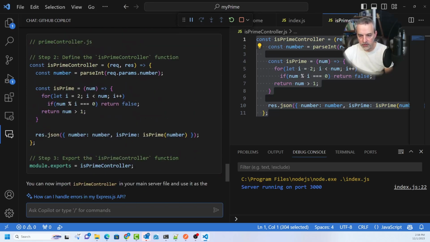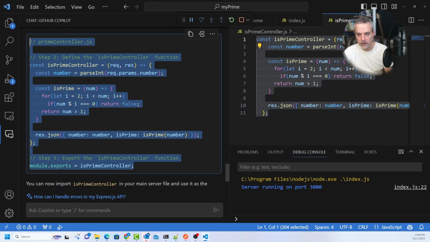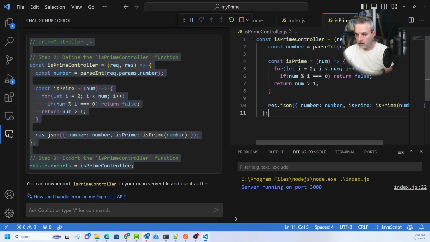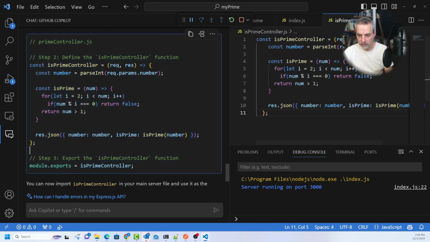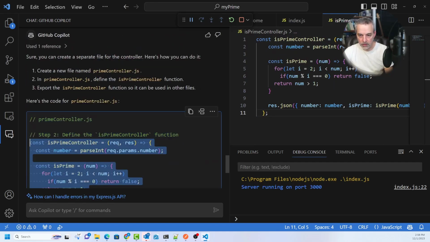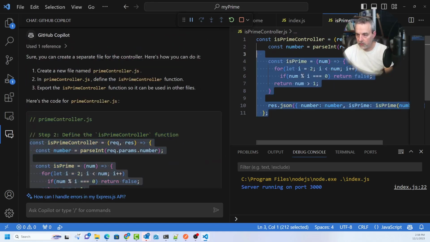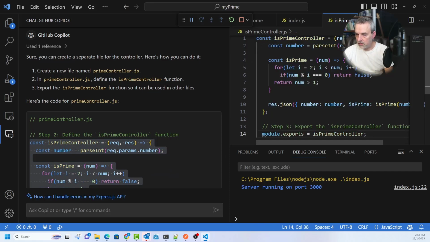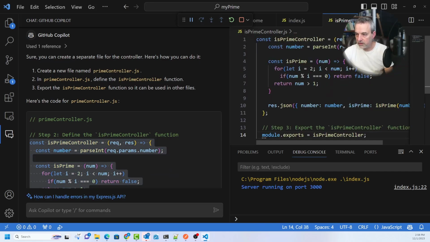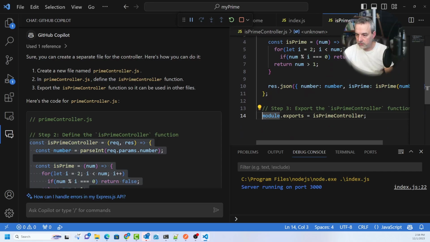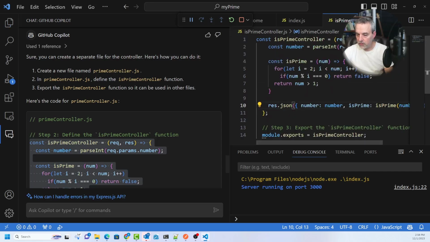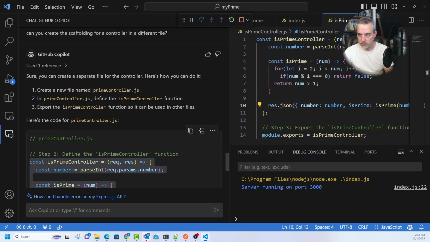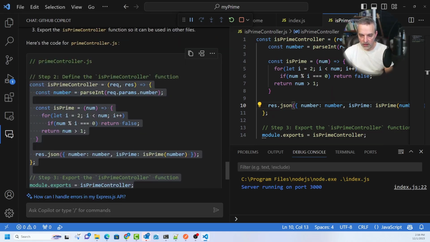Okay, yeah, I think this will work, and that looks right. I can take this right here. Let's just basically place this right here, this code. Now, it's going to export that, which is what I want. isPrimeController, or isPrime. Okay, now